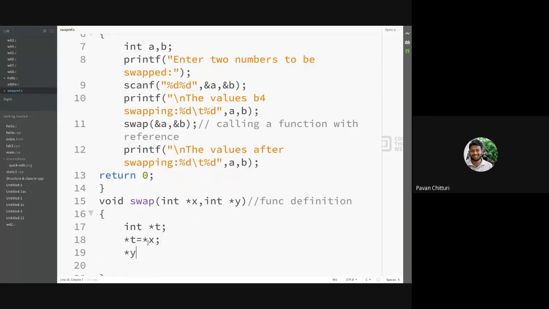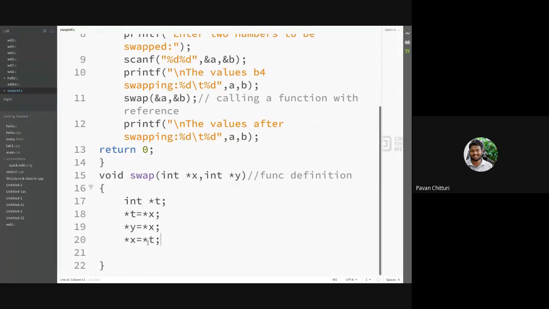Now star y is equals to star x, and star x is equals to star t.